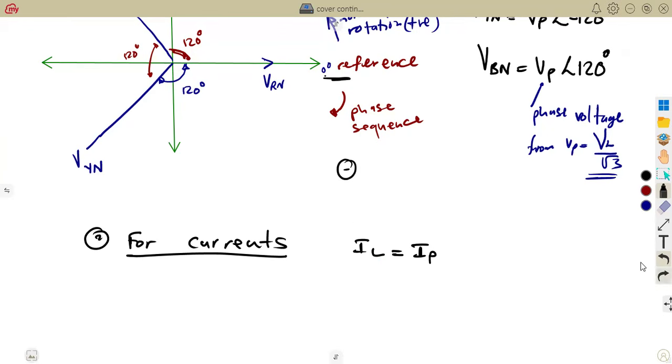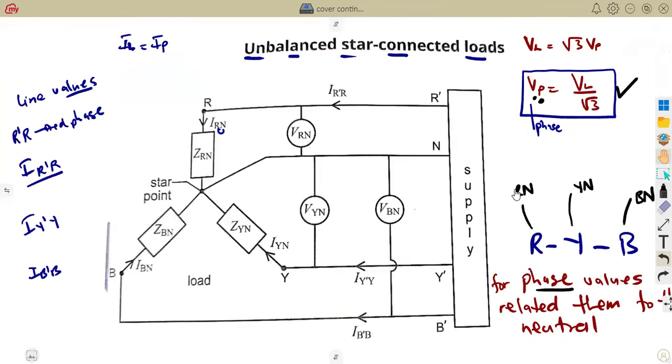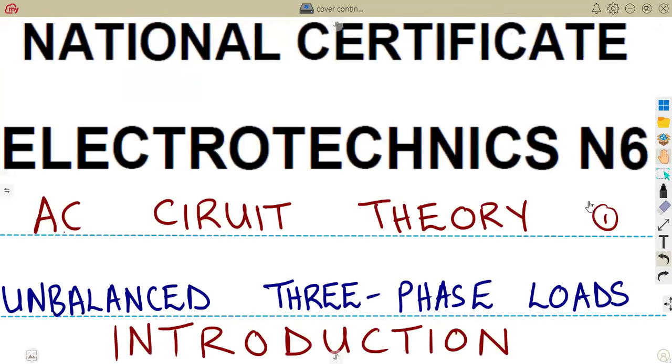And IP, which is the phase current, is simply equivalent to the phase voltage over the phase impedance. So understanding this is important, because I told you guys that when dealing with this part, all right,